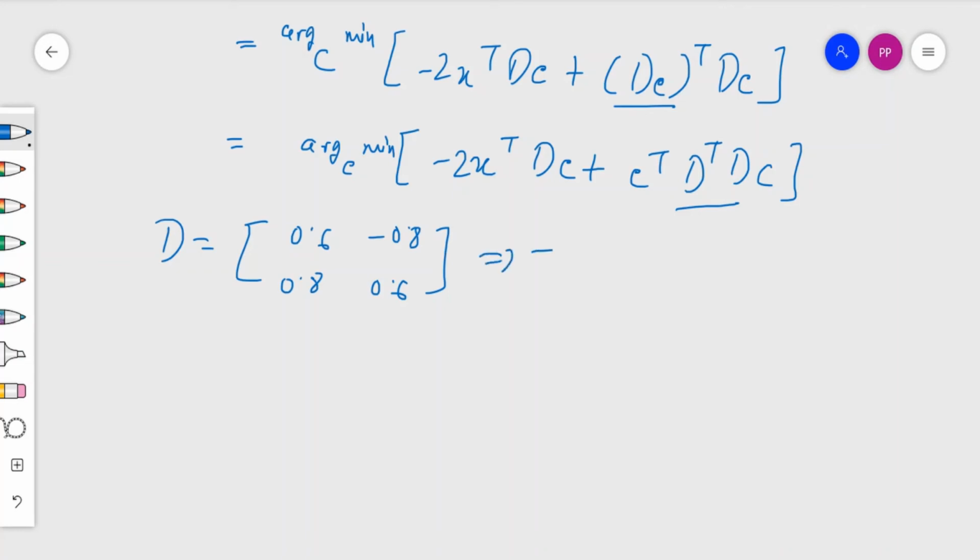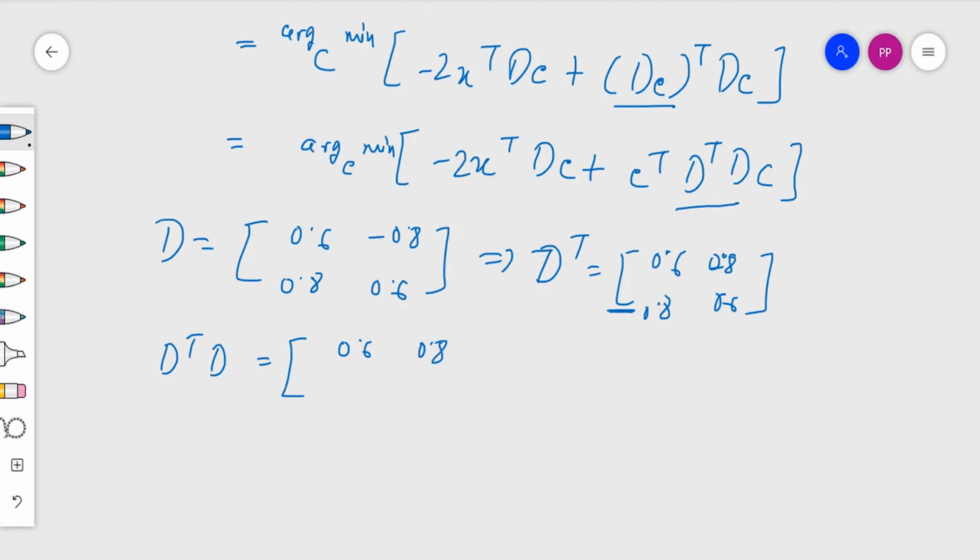So it means D transpose is 0.6, 0.8, then here minus 0.8, then here 0.8 and 0.6. So D transpose D is equal to